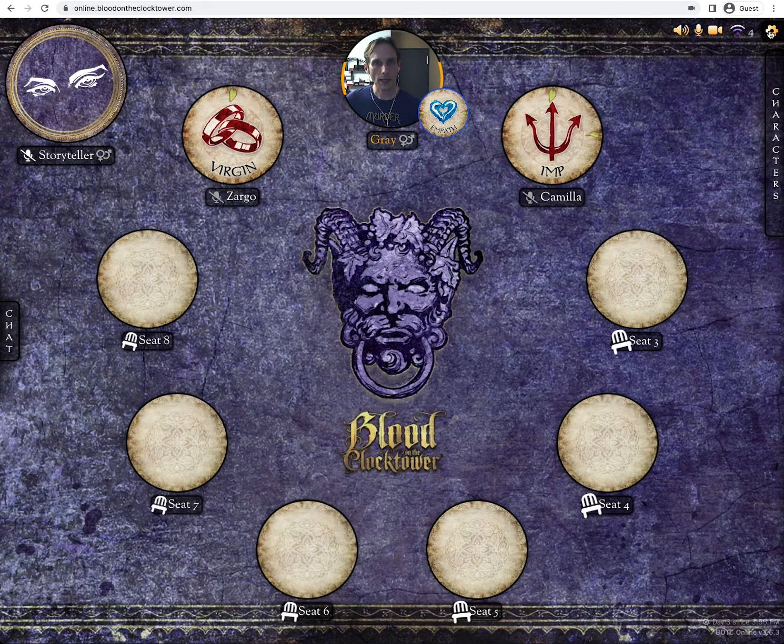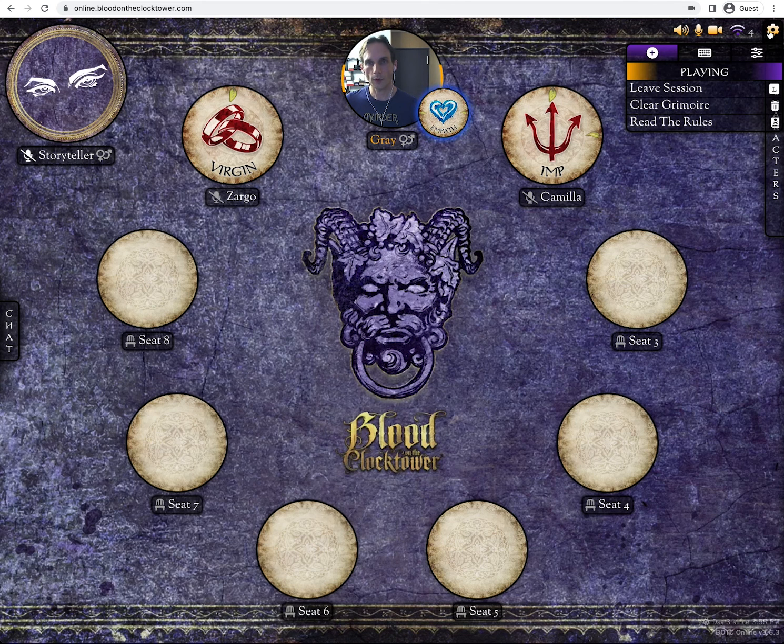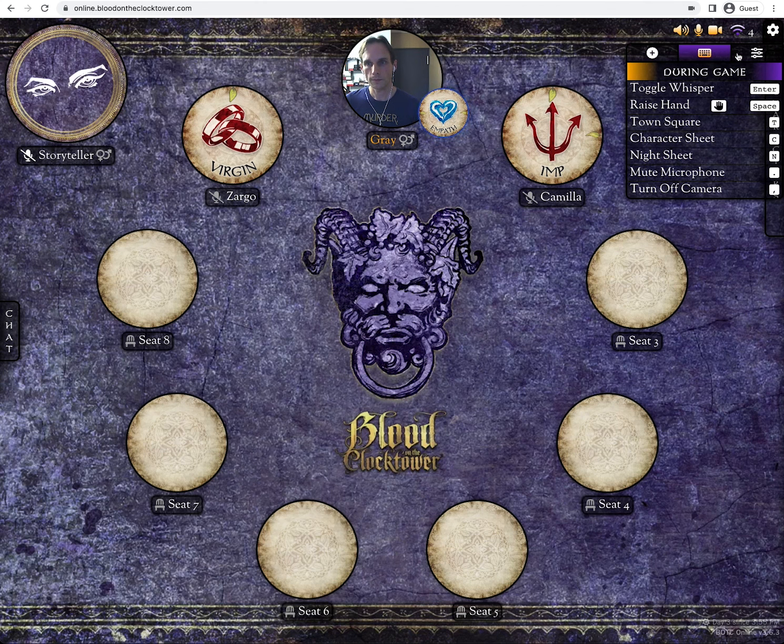First, the mechanic involves using the spacebar to raise your hand. So let me show you what that looks like just by raising your hand normally. I hit the spacebar. Hey! High five. But you can change what that hand icon looks like. And to do that, open up your configuration menu, go to the During Game tab. You'll see an icon that you can click to cycle through different hand gestures. The default one is the wave